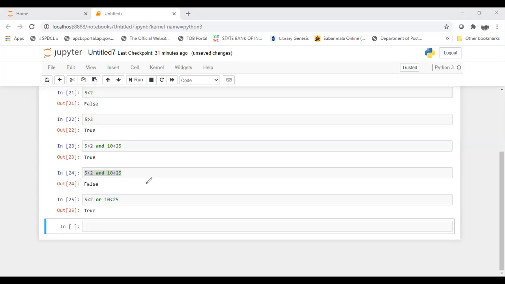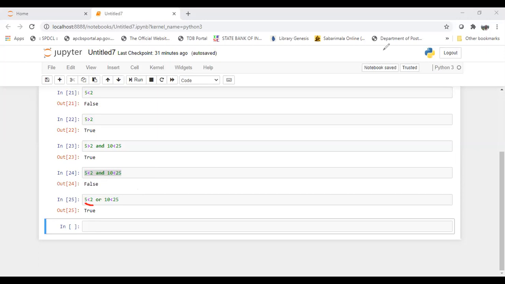So it will evaluate the first expression. If it is true, it will not evaluate the second expression. If it is false, it will evaluate the second expression, searching for a true to make the result true. This is how we can use the OR operator.